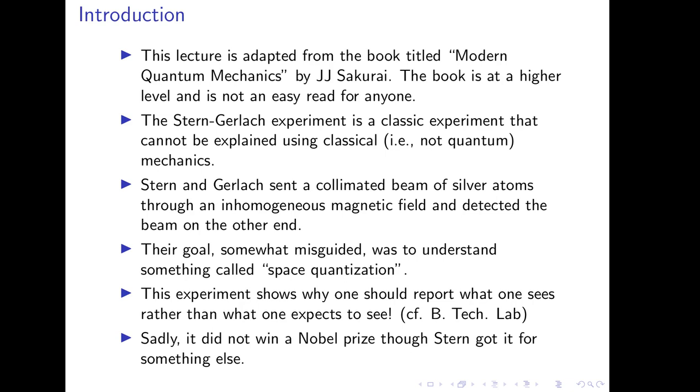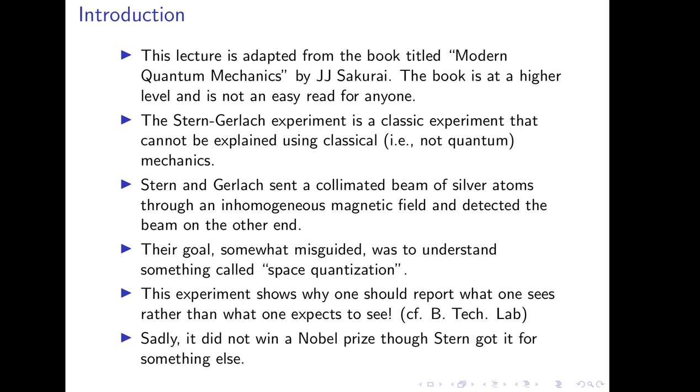The book is at a higher level and it's not so easy to read for anyone, not just undergraduate students. But I think my lecture will be simple enough. The Stern-Gerlach experiment is a classic experiment that cannot be explained using classical, that is, not quantum, mechanics. So what did Stern and Gerlach do? They sent a collimated beam of silver atoms through an inhomogeneous magnetic field and detected the beam at the other